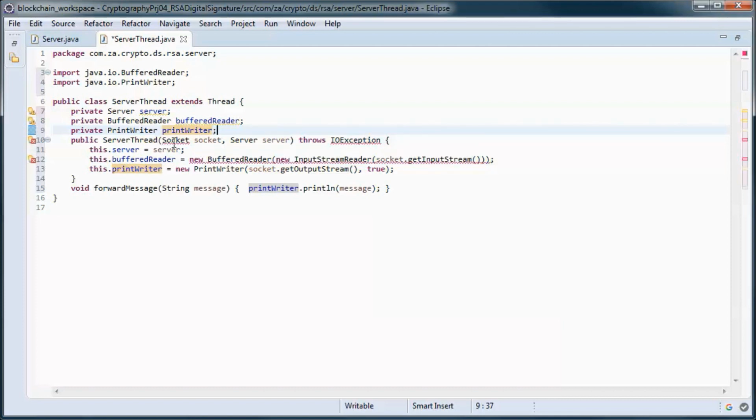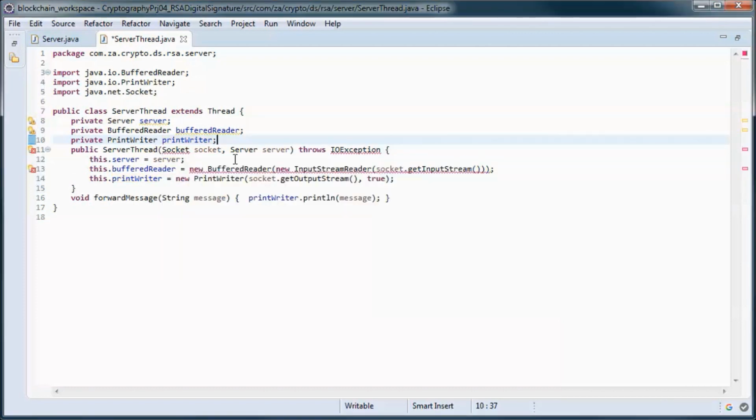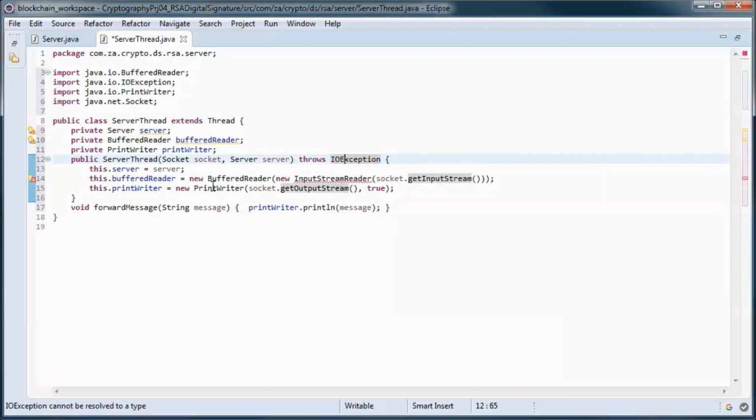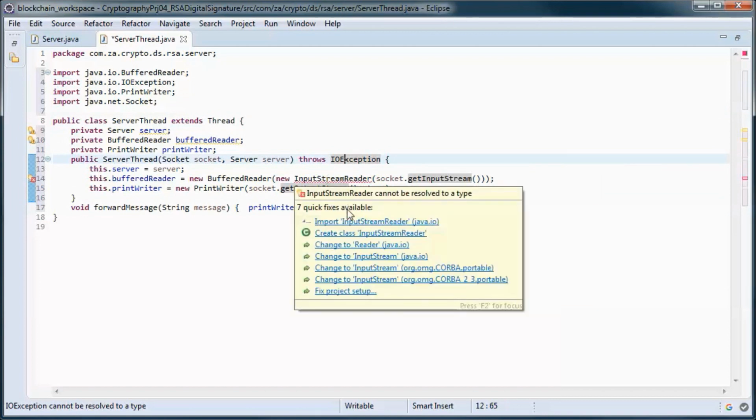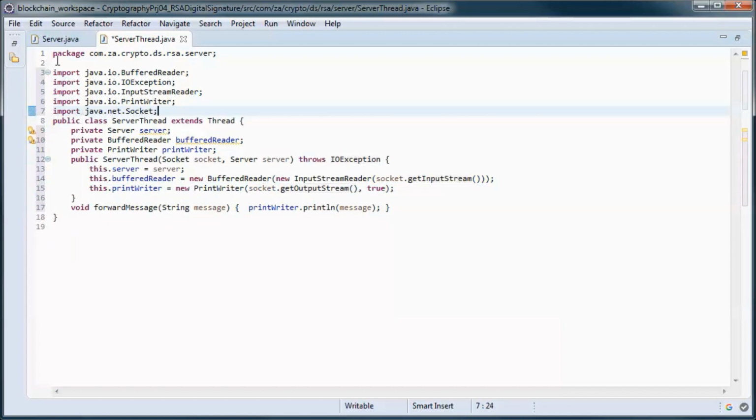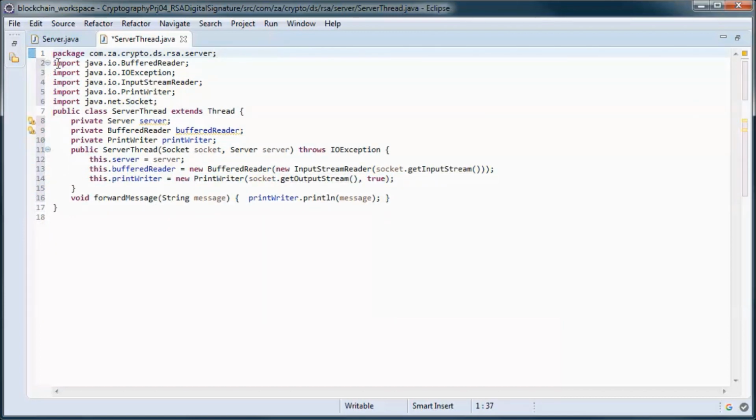And the constructor takes in a socket and a server, and it uses the socket to initialize the buffered reader and the print writer. And we have this method that forwards messages.